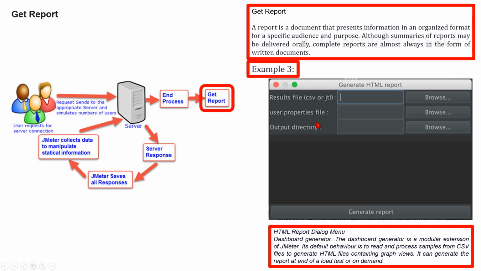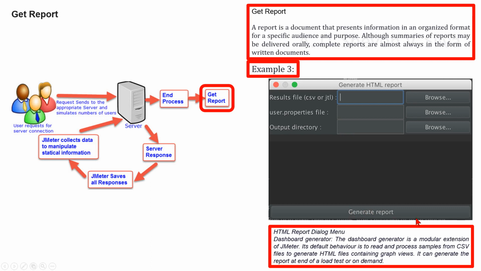And the attribute user.properties file: the user.properties file used to run the load test. This is a required parameter. And output directory, the directory where you want the report to be created, must be empty. And if no output directory is defined, the controller will use JMeter home /bin/report-output. You then only have to click the generate report button and wait for an information dialog